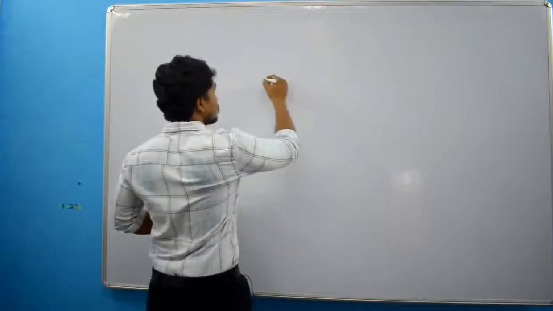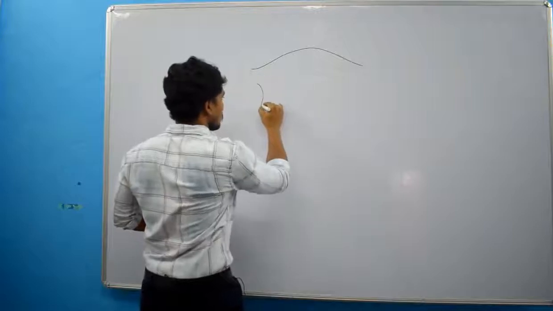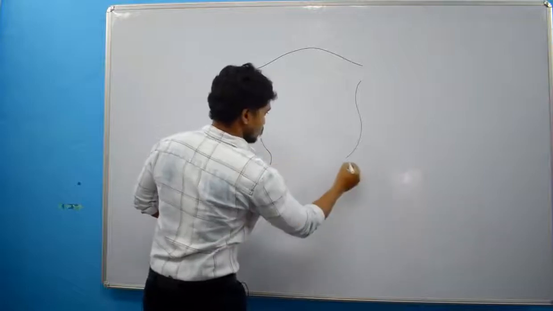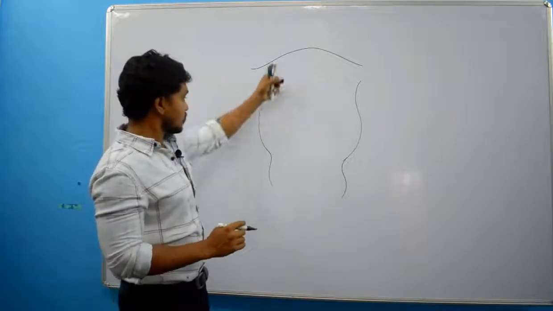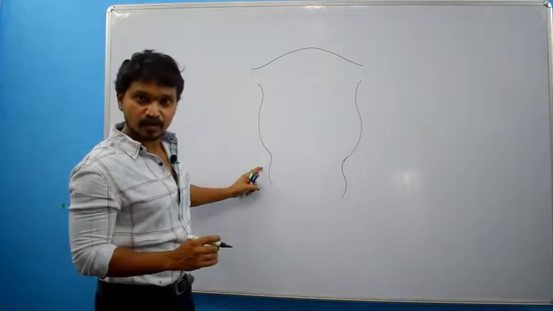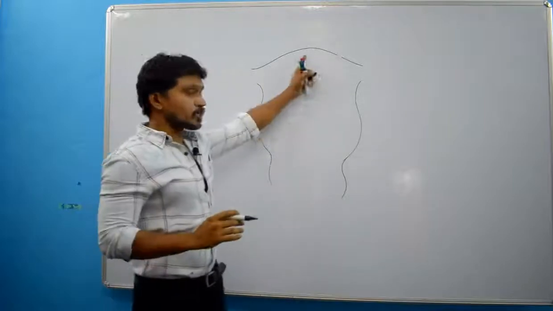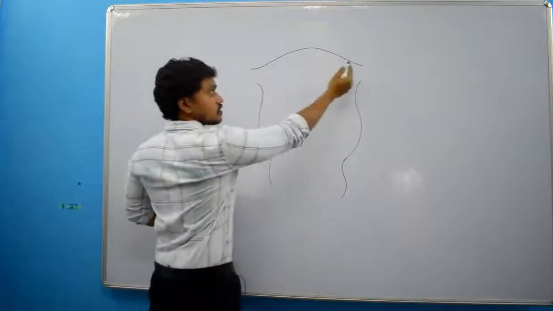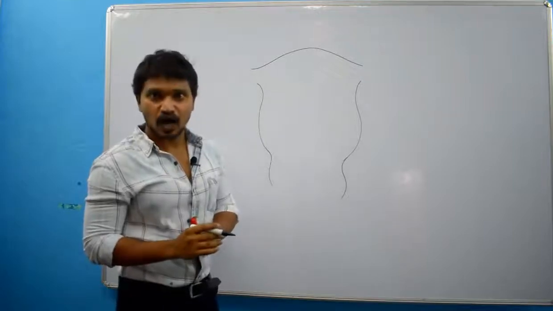So, if you take the uterus, it has an upper dilated portion and a lower constricted portion. Actually, this is the uterus. From here to here, this is the body, and from here to here, this is the cervix. The body has a dome-shaped elevation in the superior part, which we call the fundus. Just below the fundus, you can find two small projections, which we call cornu or horn.